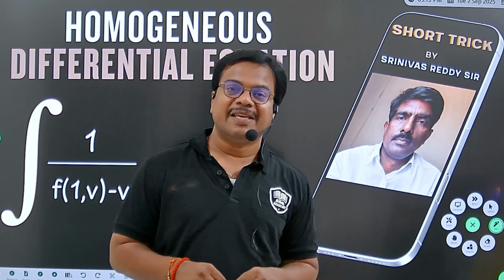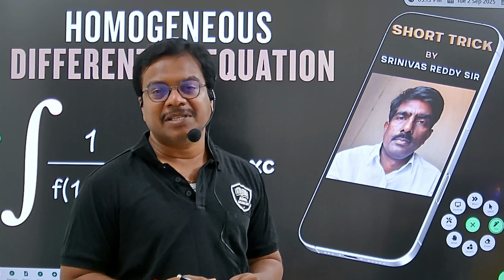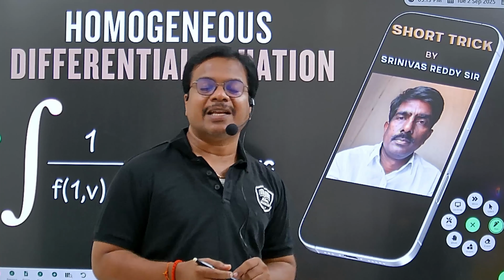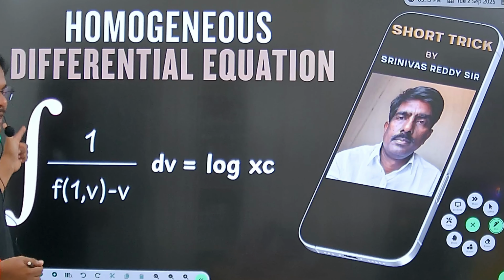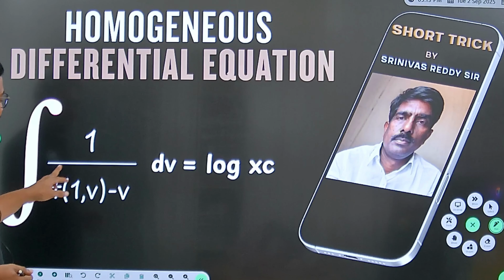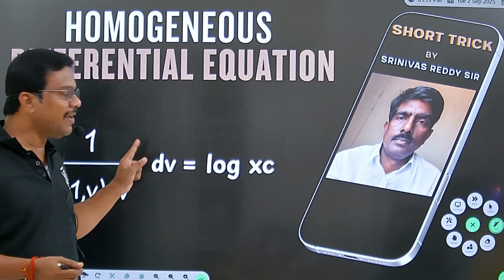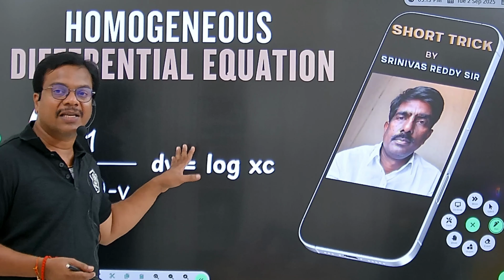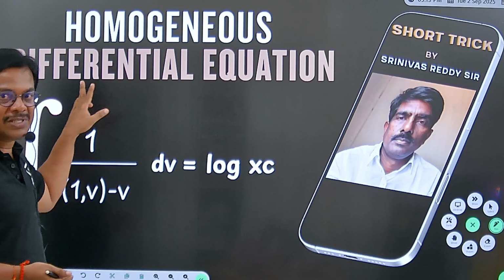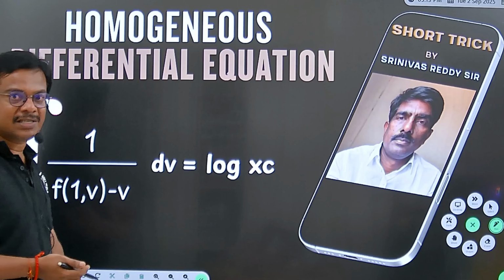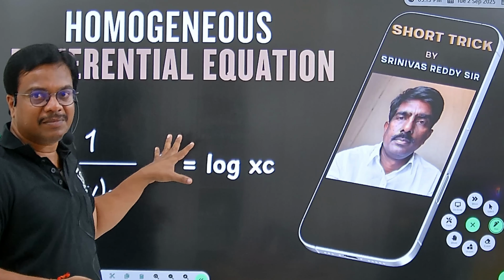Today I am here with you to discuss a short technique to solve homogeneous differential equations. And here the technique you have is integral 1 by f of 1 comma v minus v into dv equal to log xc. And this is the technique to solve homogeneous differential equations, and I got this from my master